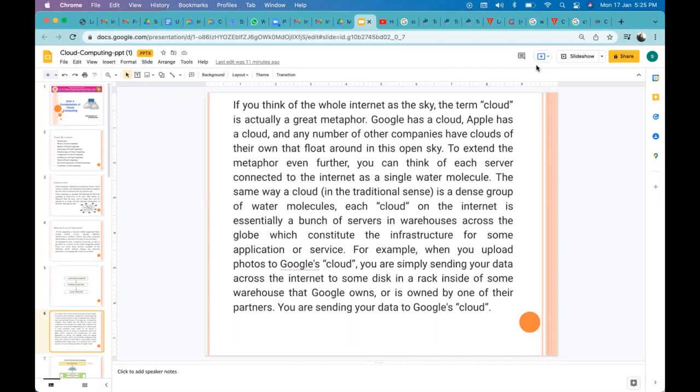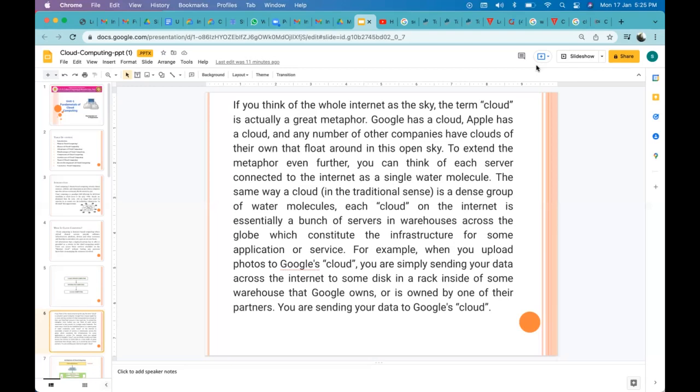Each and every server connected to the internet is a single water molecule, and a cloud is made up of multiple water molecules. The sky is made up of different clouds. The sky is a collection of clouds and a cloud is a collection of water molecules.